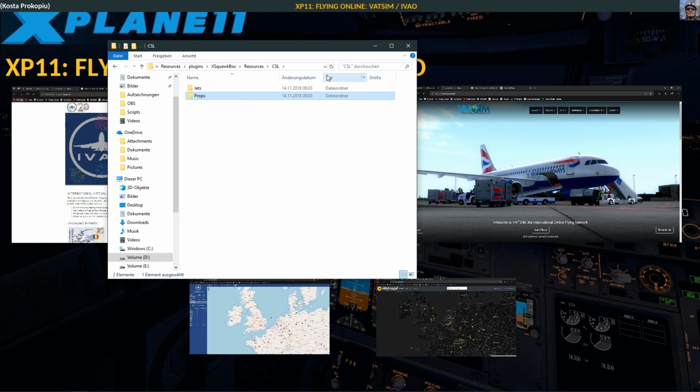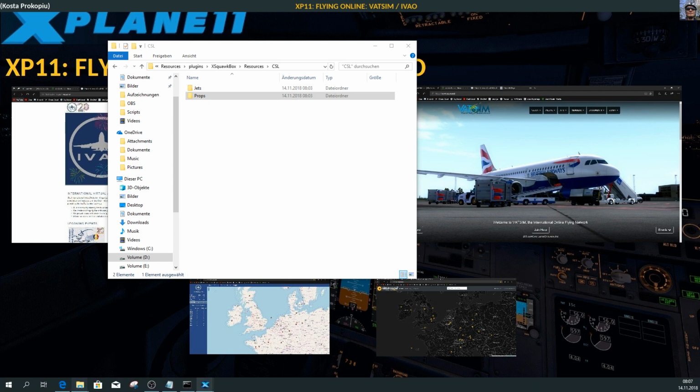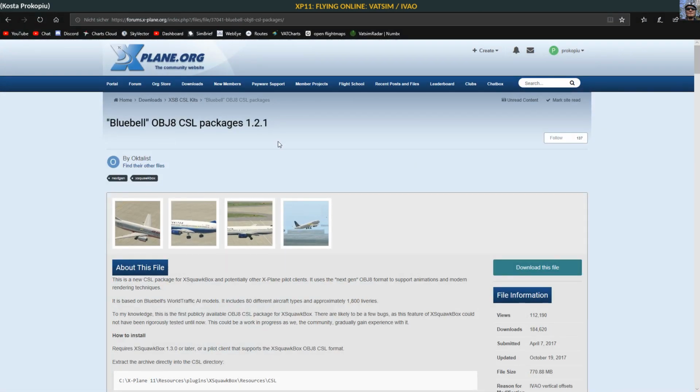And that's it. So just for showing you how this works, what I'm going to do is unpack a set of Russian, which I haven't got in here yet. There is a RU scenery CSL zip that comes from the same source as the Bluebell. Just to show you this again, these are the Bluebells. If you go up one